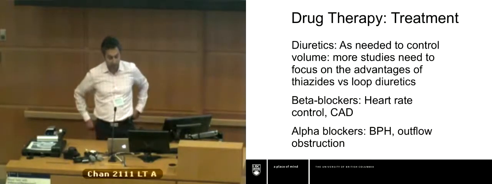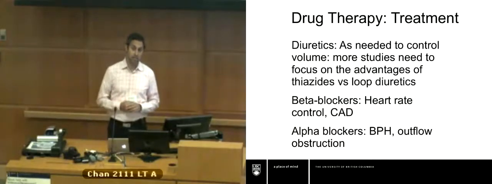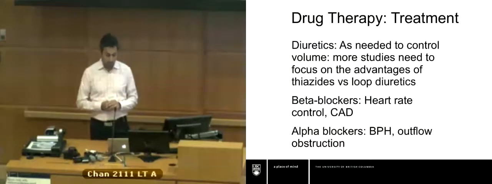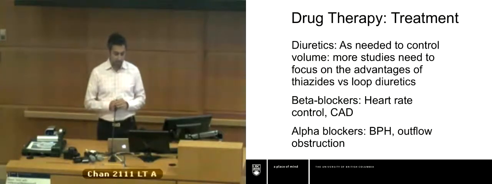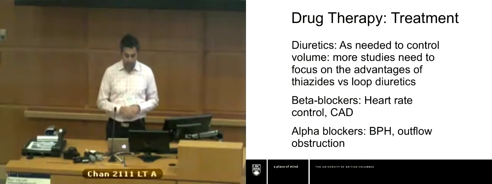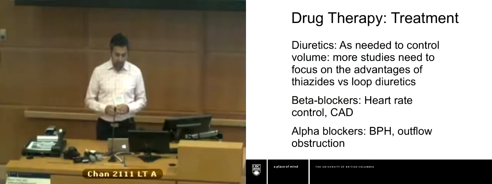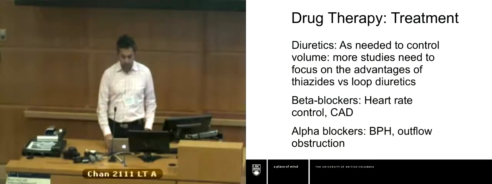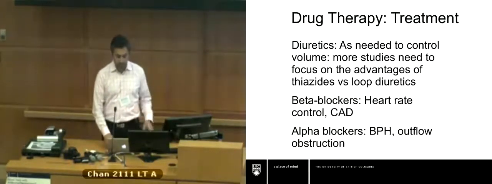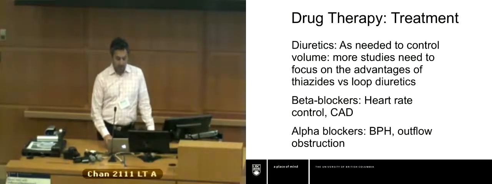And so what therapies can we offer? Well, we can offer diuretics, hydrochlorothiazide, chlorthalidone, what have you. We can use beta blockers for heart rate control and treating coronary disease and angina. We can use alpha blockers if patients have BPH and outflow obstruction in the prostate,